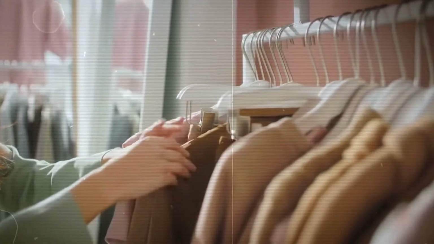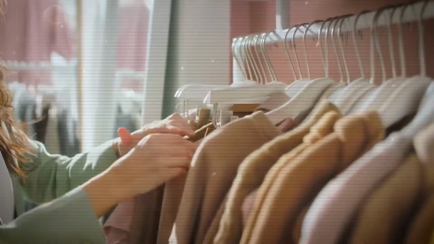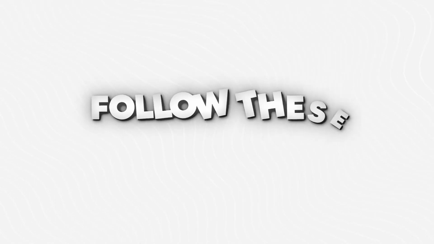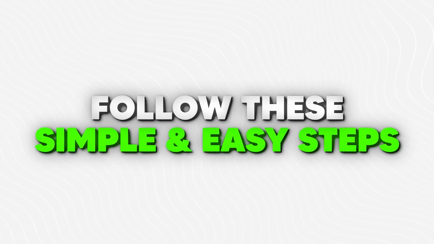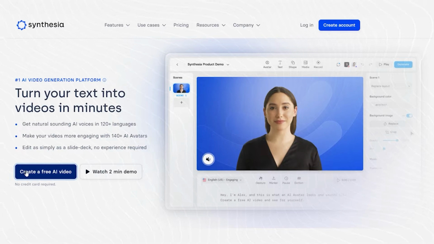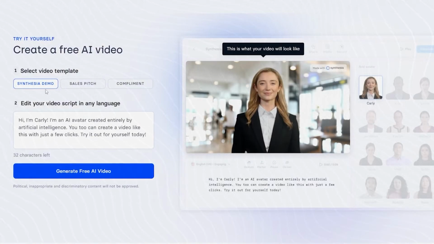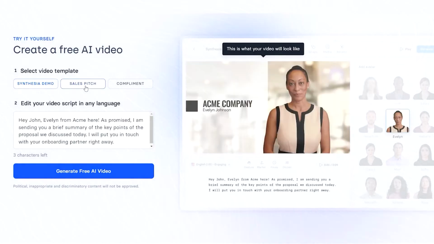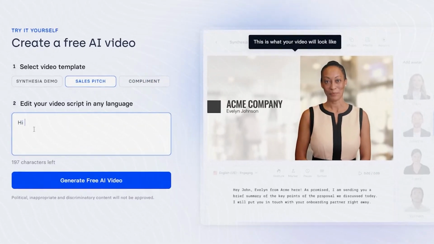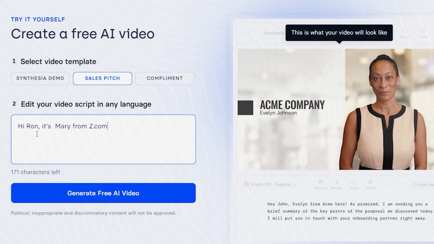Let's assume you're a fashion brand owner looking to promote your product without dumping a hefty budget into production and actors. All you need to do is follow these simple and easy steps. Step 1, log on to synthesia.io. Step 2, in the trial version, we have 3 options to choose from: Synthesia Demo, Sales Pitch, and Complement. Step 3, we'll select Sales Pitch, and in the text box, we'll write,